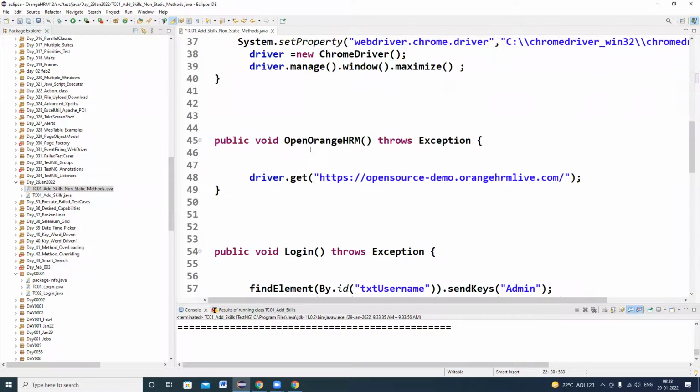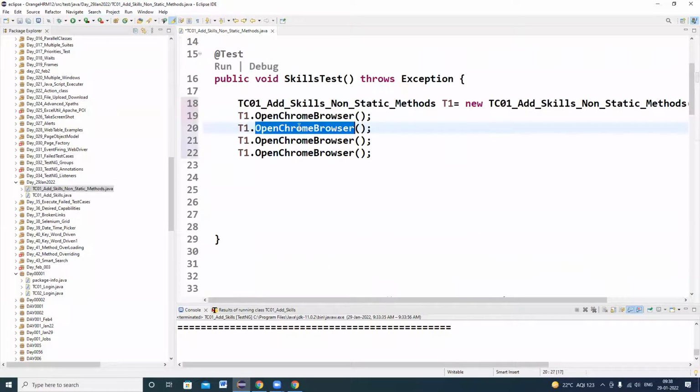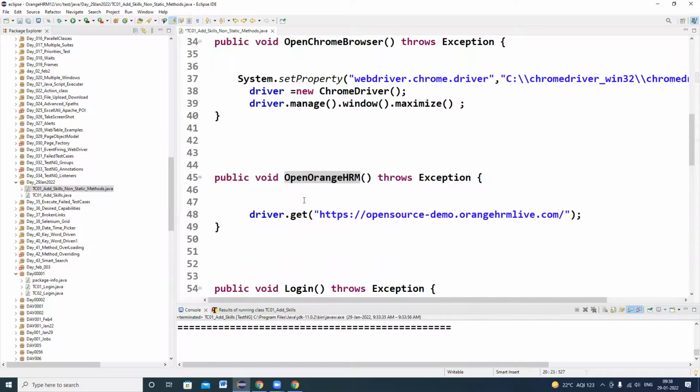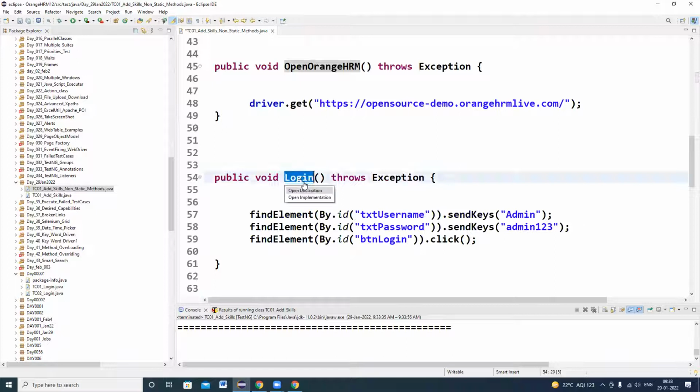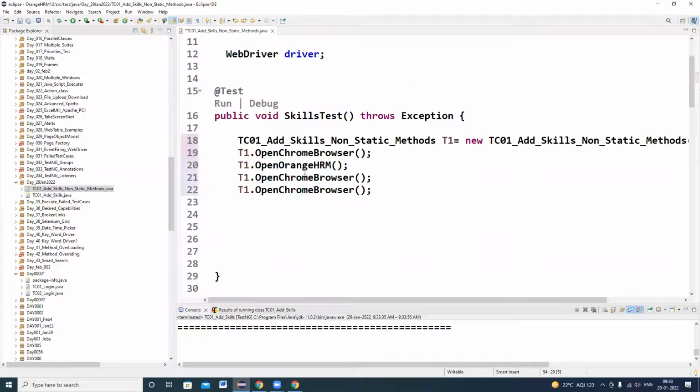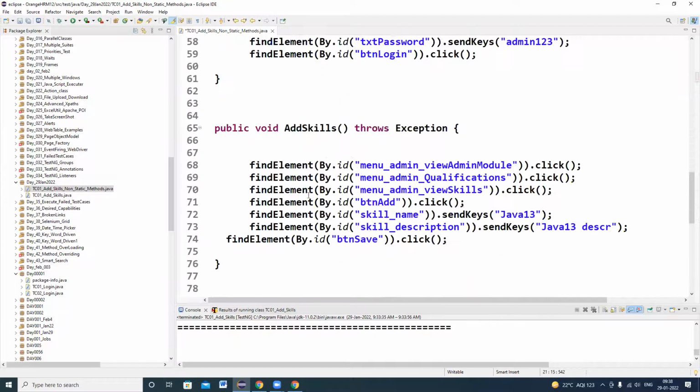So what is the second method I want to call? Open Orange HRM. Third one, login method. Fourth one, add skills.